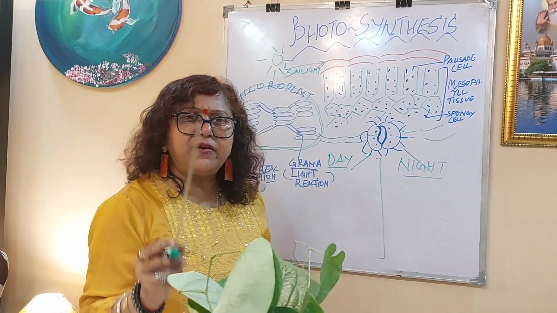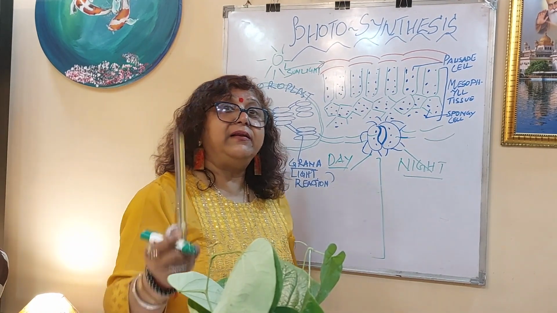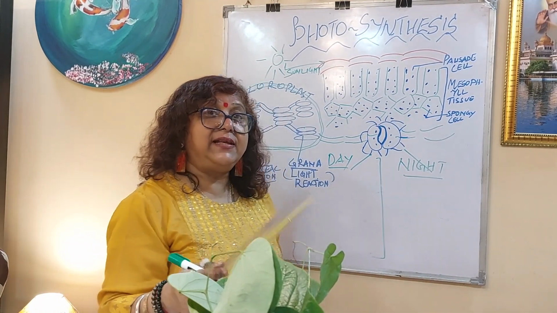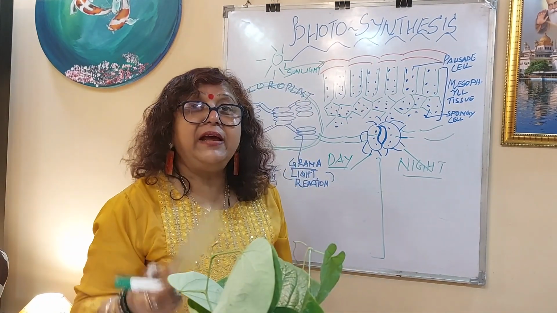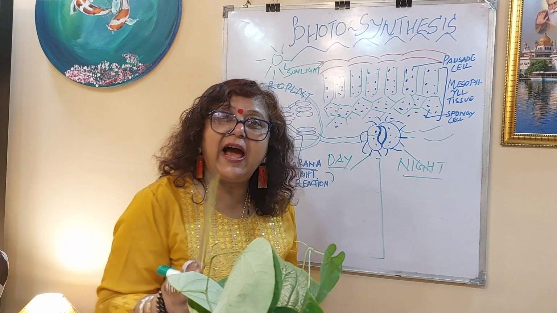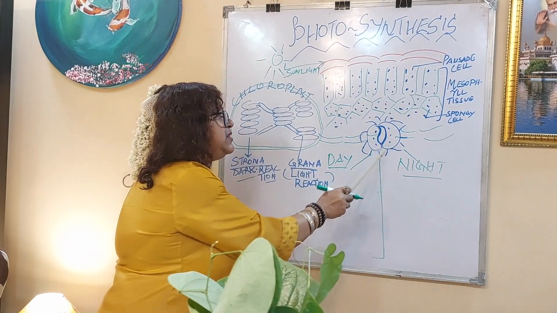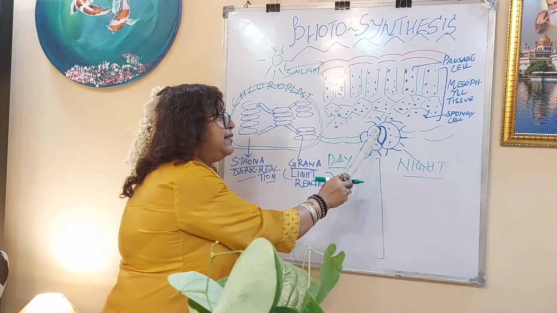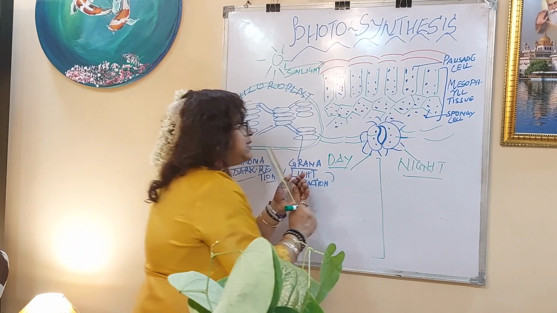If you know the structure of stomata from your 9th standard, and if you have studied the lesson on transpiration, you have seen how stomata play a role in transpiration, gaseous exchange and photosynthesis. The stomata are surrounded by guard cells, which are the kidney-shaped cells here, and the chloroplasts are found here also. So photosynthesis takes place in these guard cells,